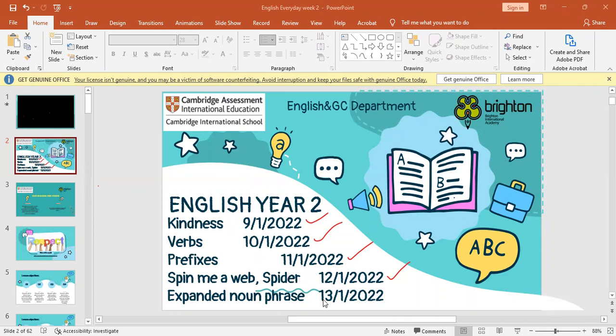So today, being 13th of January 2022, our lesson for today will be on expanded noun phrase. For this lesson, we'll be needing the vocabulary book, your pencil and eraser. All right, that being said, let's